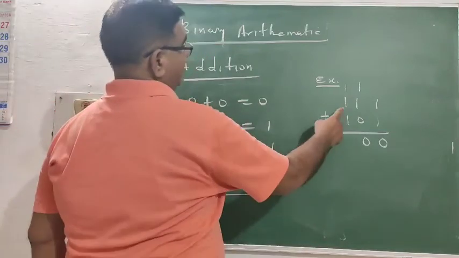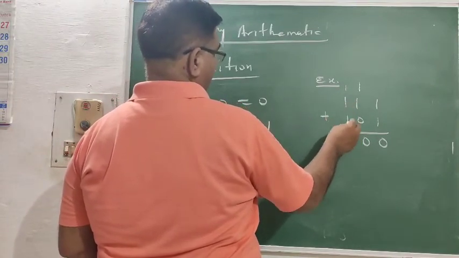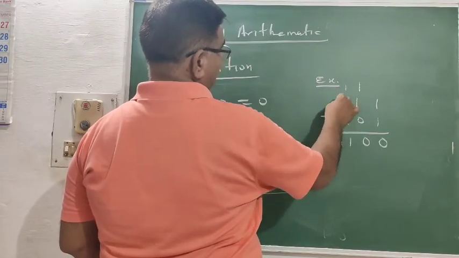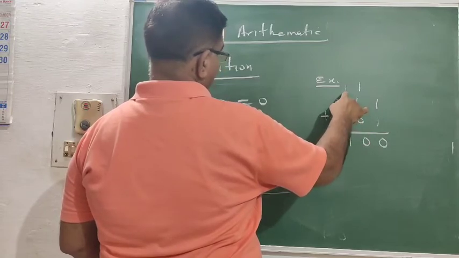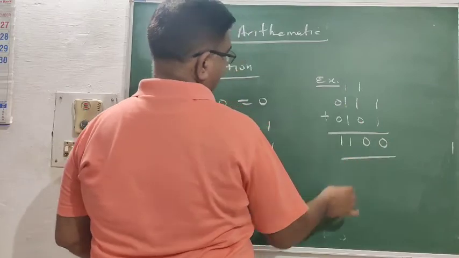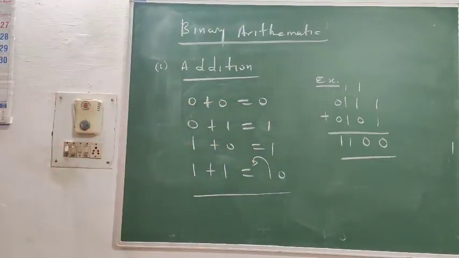1 plus 1 10, 0 plus 1 means 1. 1 कैरी हुआ, यहाँ कुछ नहीं था, 0 plus 1, यहाँ कुछ नहीं था, 0. दैट इज 0 के साथ 1 ऐड हो गया. 1 plus 1 10 plus 0 plus 1, 1 and 1 carry हुआ. This is the number. Similarly, you have to solve the other problem.